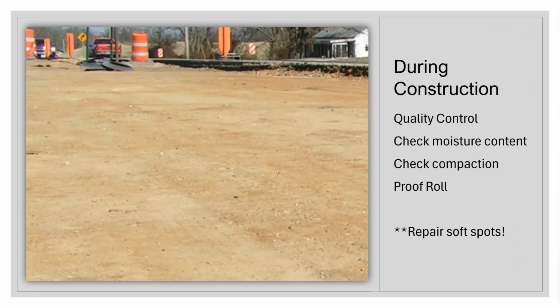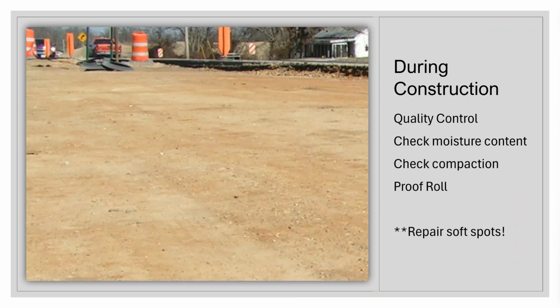But also visually, you would want to do proof rolling, because when we do some quality control testing, we're picking a random spot and we test that spot, but we want all of it to be just right. We can't possibly test all of it, but proof rolling is a good way to get a little bit more coverage and at least get an eyeball on it to see how that soil behaves under a very heavy load. So essentially for proof rolling, you're going to take your heaviest vehicle that you can find on that job site and drive it over that compacted soil.